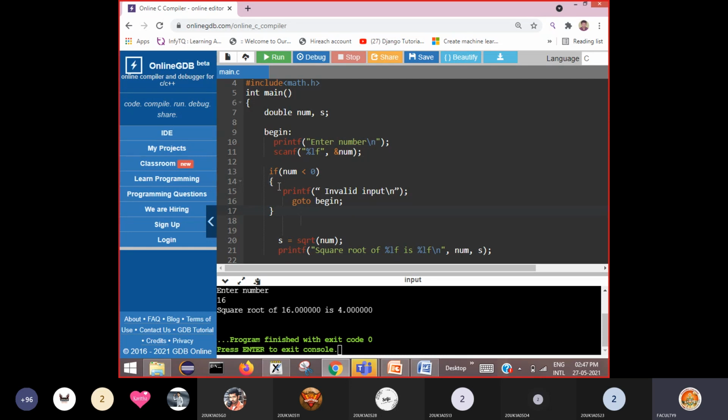This is called a block of statements. That means from here to here, this is called a block of statements. If more than one statement is there, you should write them as a block of statements. That means if the condition is true, you are telling it to execute all the statements, even 100 statements you can write here, and all the 100 statements will be executed if you write them as a block.